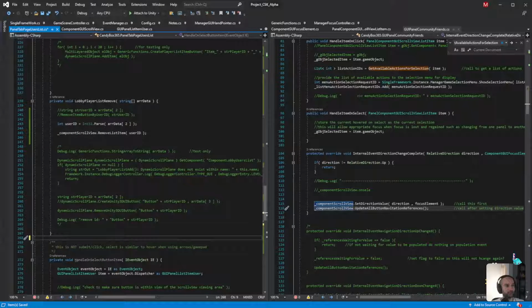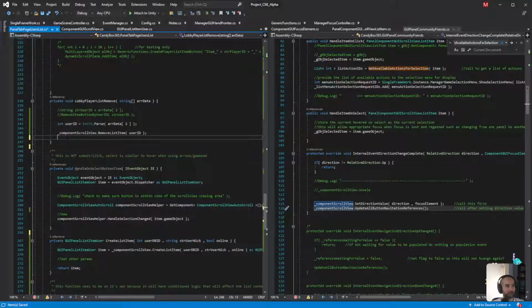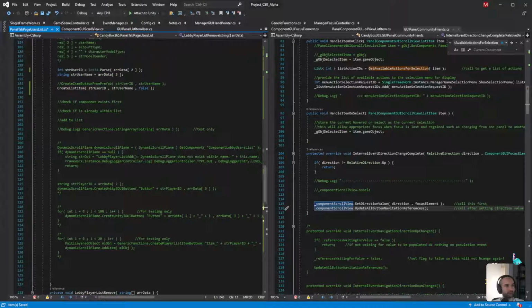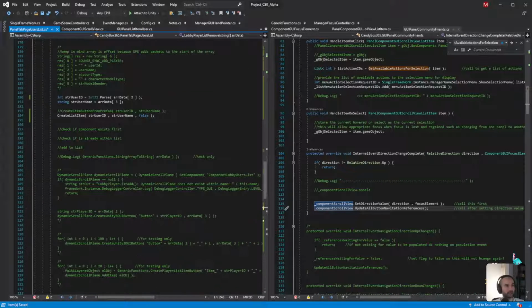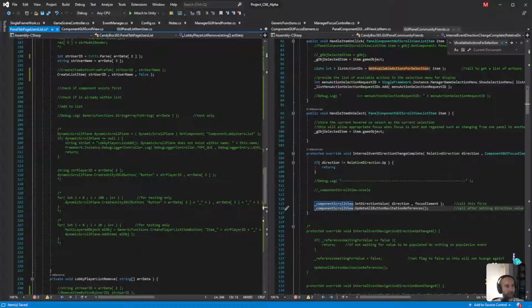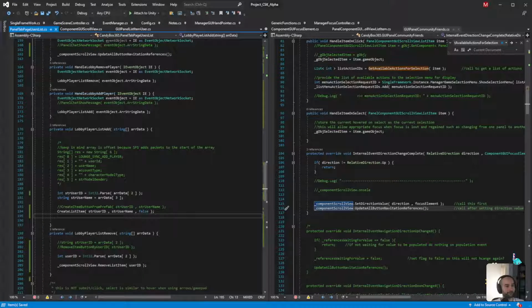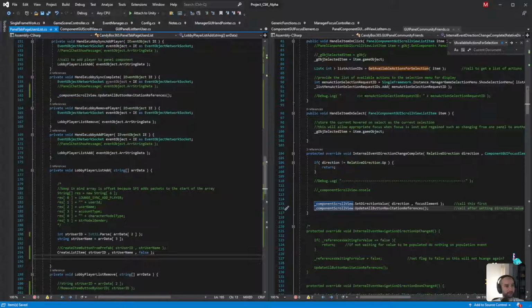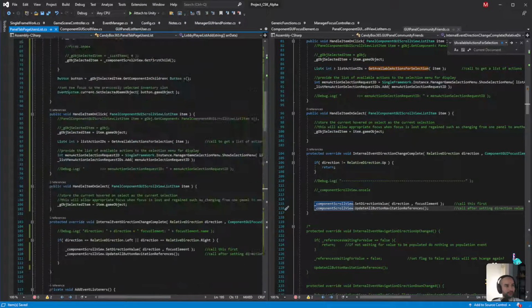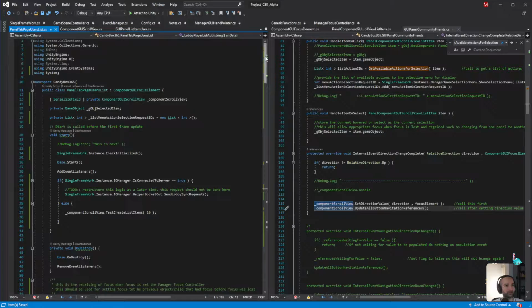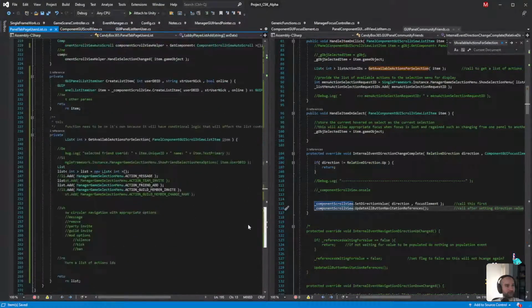And then lobby player remove. Okay, that's legacy. Then this one is add player. Yeah, this is all really old code. I'll leave this stuff in here. And then, yeah, that cleans up quite a bit.